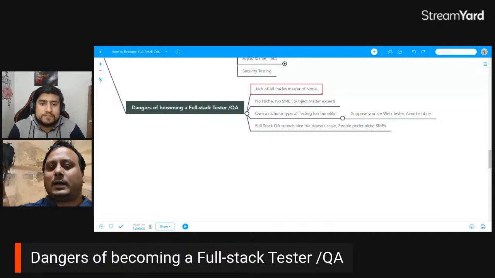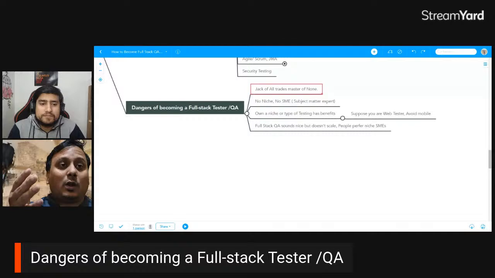Find your niche, stick with it, then add other things. Find your goal for the next five, 10 years, and based on that, if you want to become a full stack tester so that you can go into a management role and manage teams and companies, then go in that direction. Otherwise, there is no issue becoming a niche tester: a good mobile app tester, a very good performance tester, a security researcher or penetration tester, or even a good functional tester.